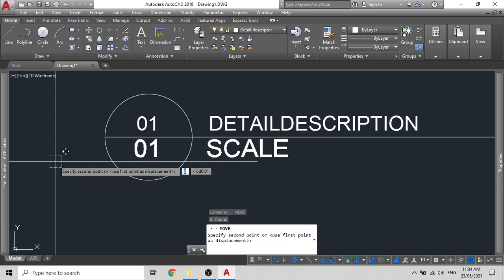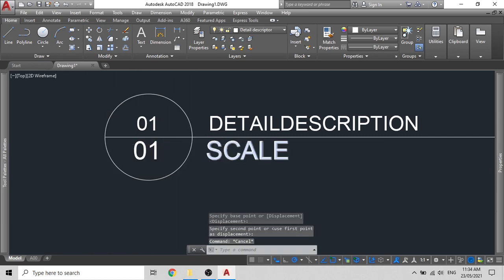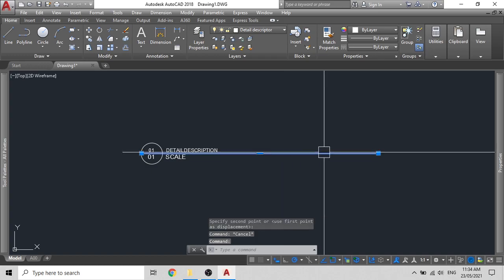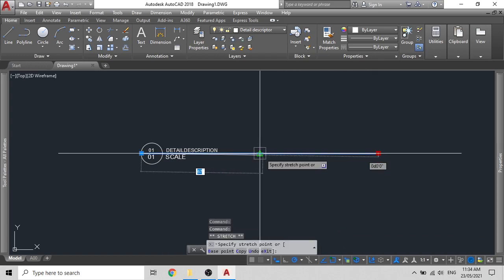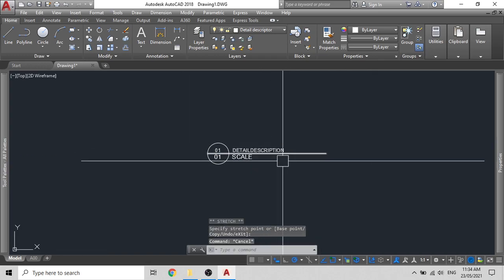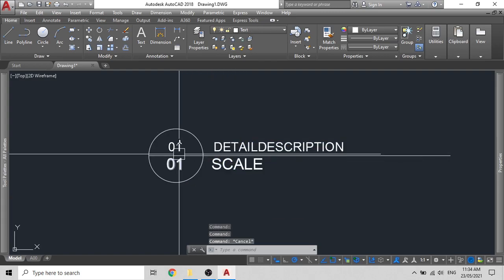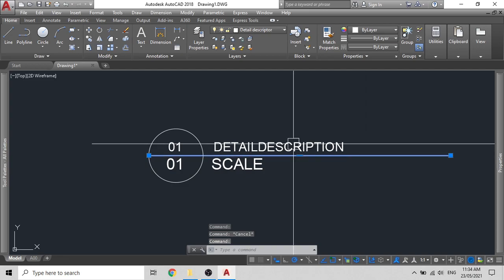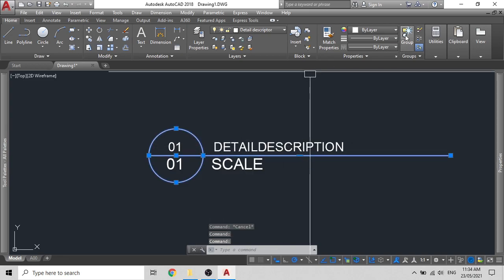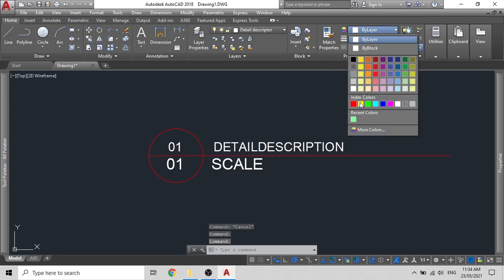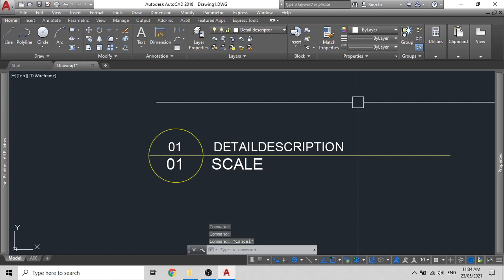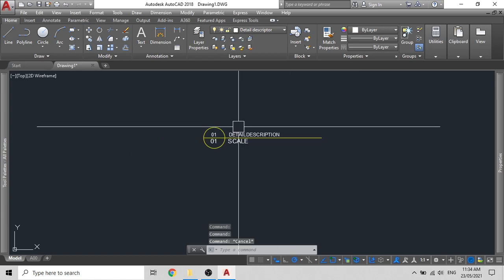Similarly with this, and that's all. Now this block is not yet complete, so since it's in the detailed descriptor and the texts are in text, this one has to be, and these two lines have to be in color yellow, because these will be placed over the viewport and not inside of them.